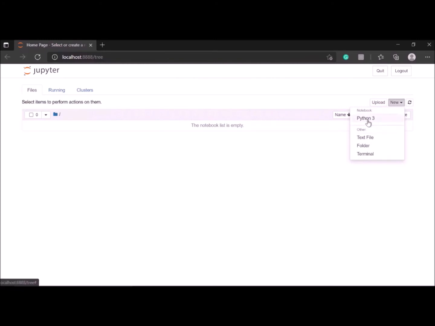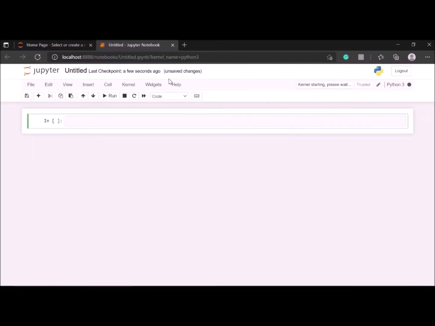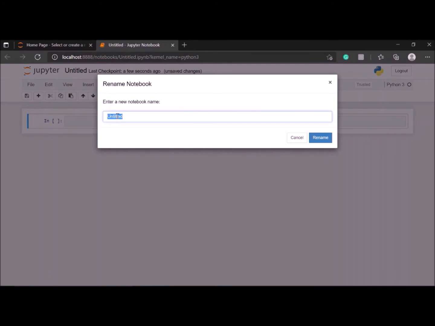See here, I will create a new Python 3 file. See, this is created. The name untitled will come here. Here you can change the name of your file. I will write test env1.